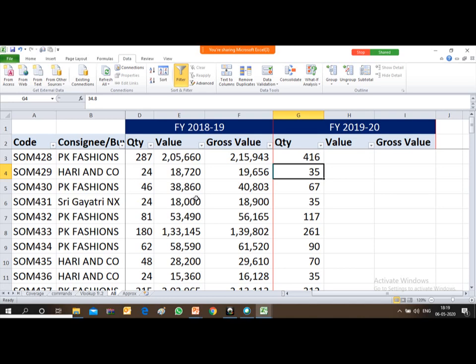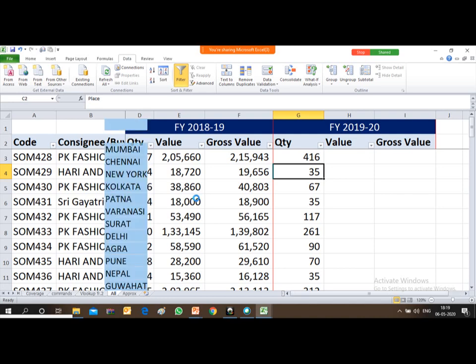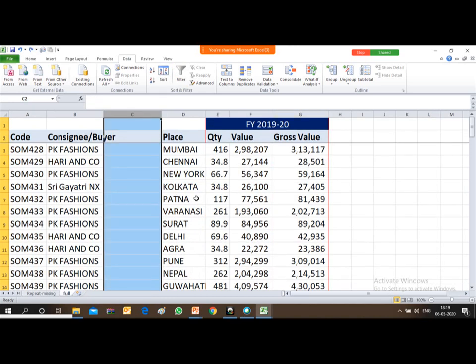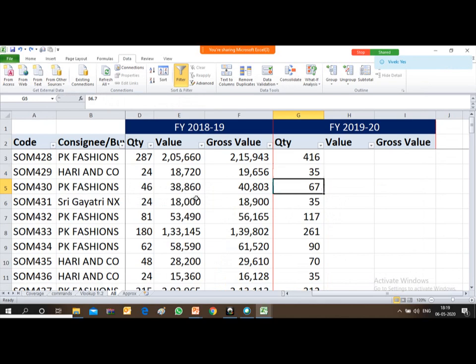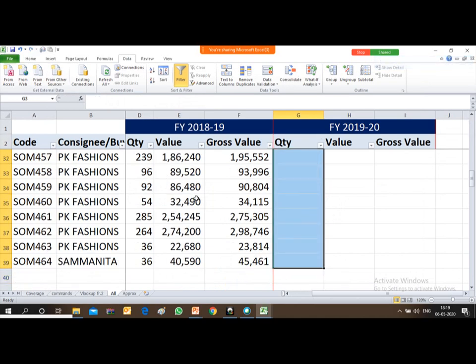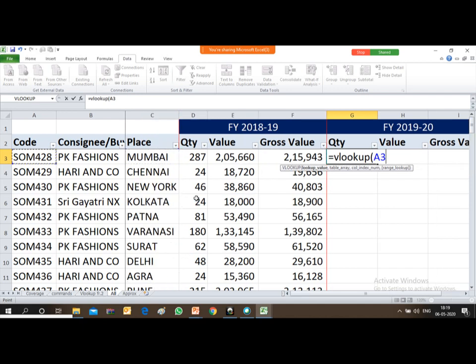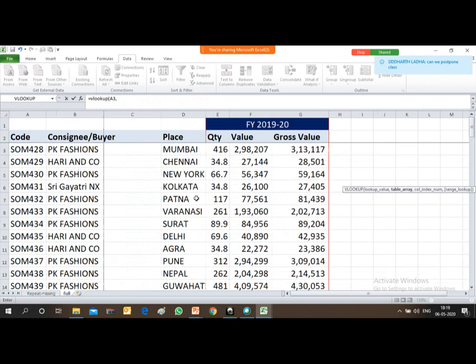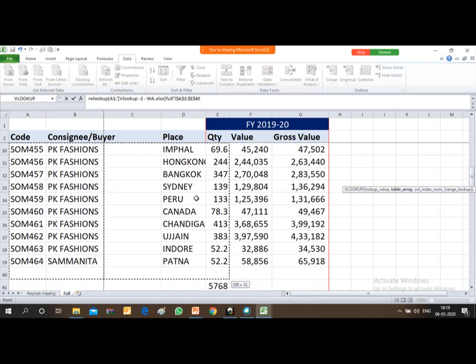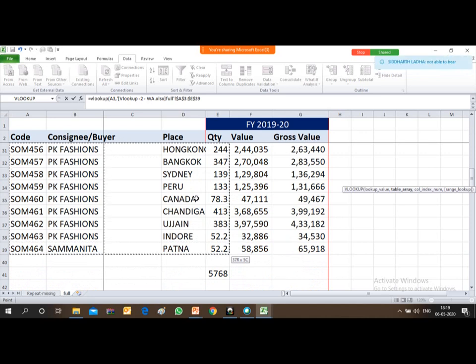I'll repeat the break link option. I will have to put the formula again. VLOOKUP, start bracket, select the value for which you want to derive, then go to the desired file and obtain the value.